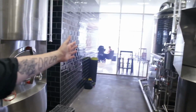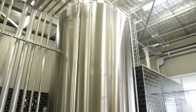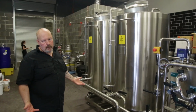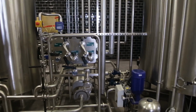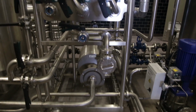So where we were before, which is this whole section over here, that's called the brew house. Here we have a hot liquor tank, which is 5,000 litres, 50 hectolitres. This is a CIP station, which CIP stands for cleaning in place. So there's a tank of hot caustic, tank of water, and by using the manifold here, we can direct the caustic or the water through all the pipe work to clean and sanitize the piping in preparation for the transfer